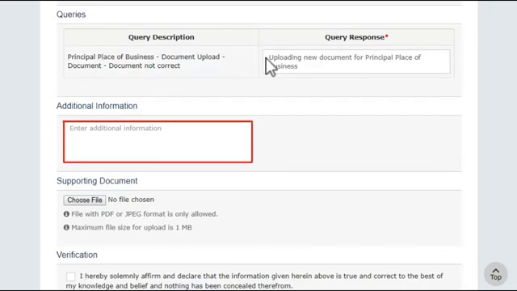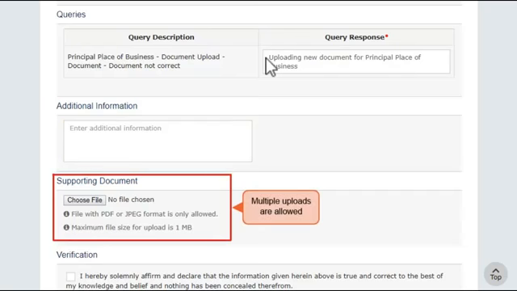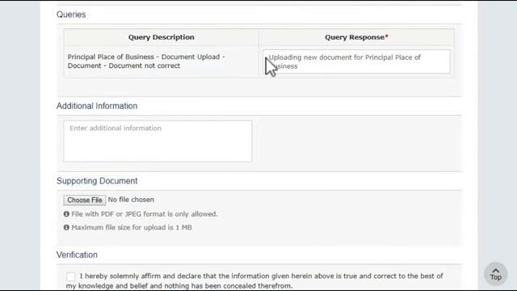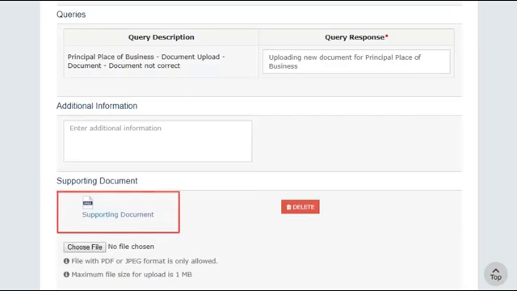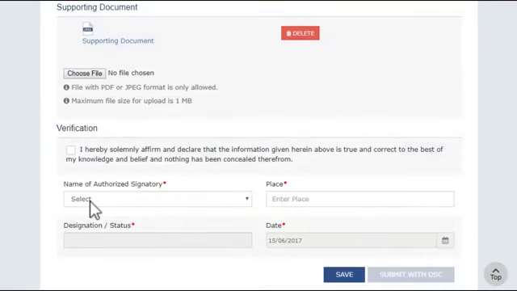Provide any additional information that you may want to provide to the tax official. You can attach the document based on the query raised. Make sure the document is in PDF or JPEG format and of size up to 1 MB. Once done, verify the clarification. Select the name of the authorized signatory